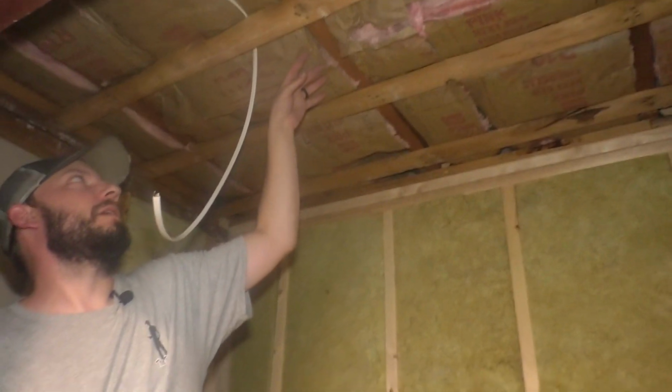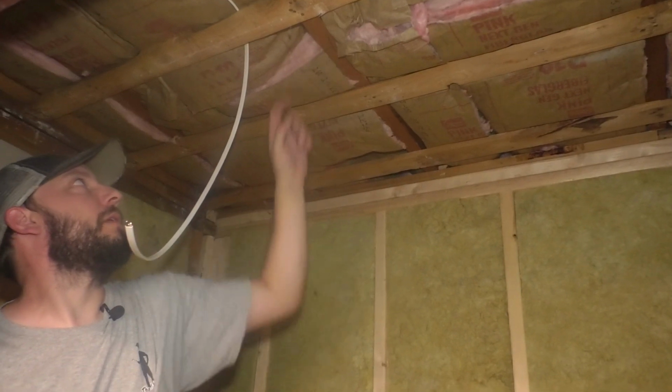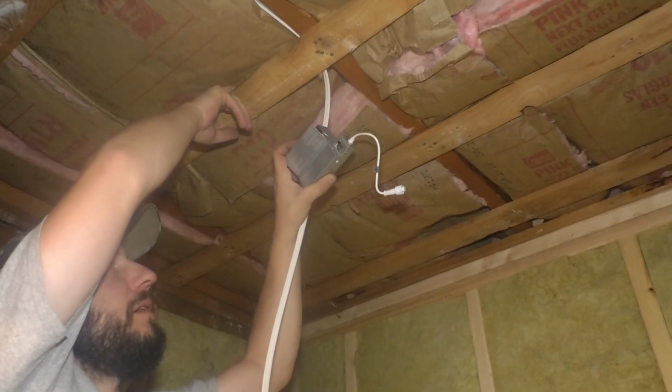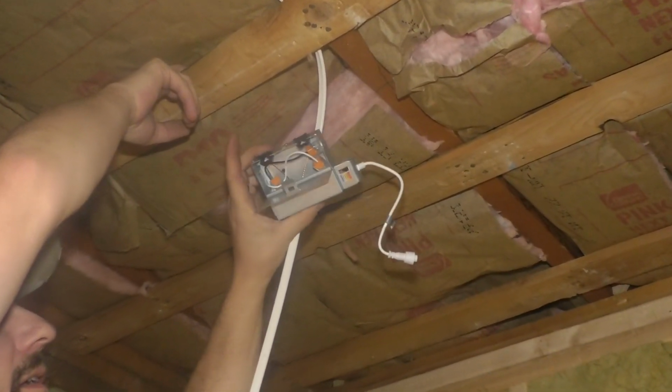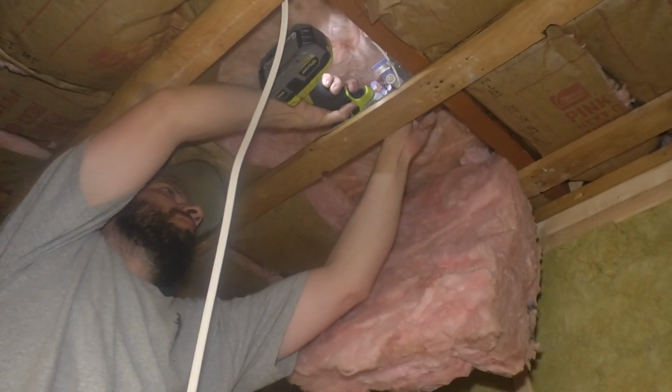So I'll put my junction box right up in here somewhere. So that's good for that line. This is the little junction box that I'm going to use for the recessed light. I'm going to attach it to this joist. So